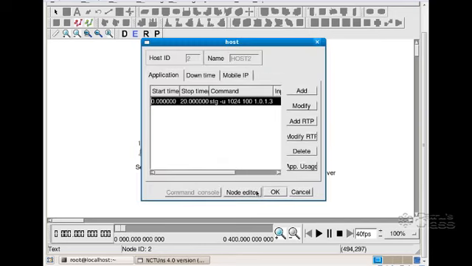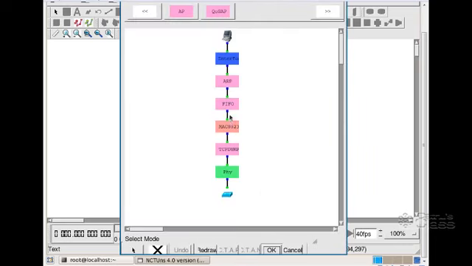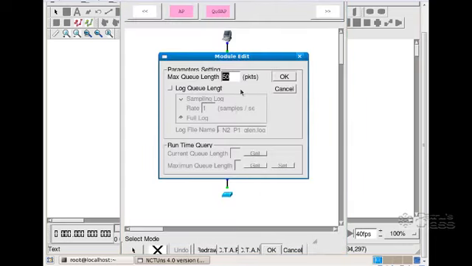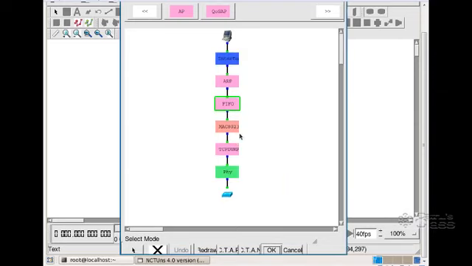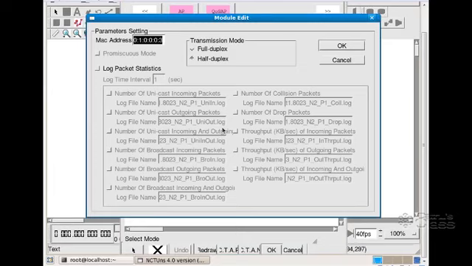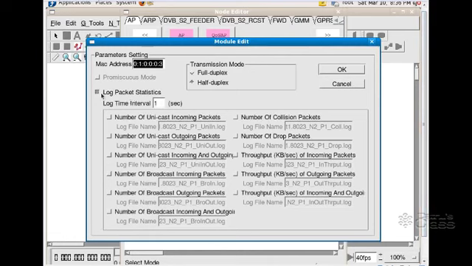Again go to node editor and click on FIFO. So the queue length is 25. Click on OK and double click on MAC. Click on log packet statistics and number of packets dropped. Click on OK.